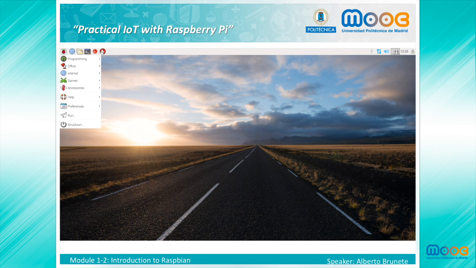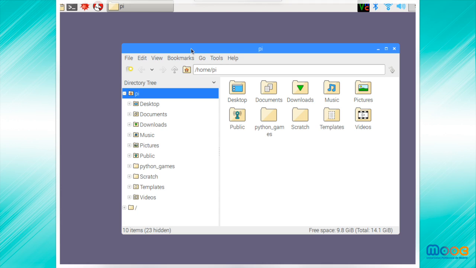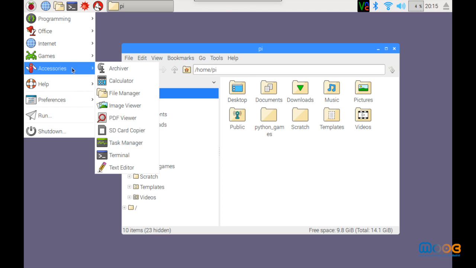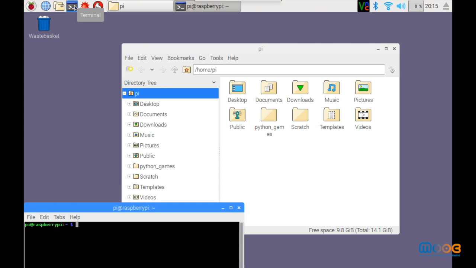When the Raspberry boots up, a desktop environment is loaded by default. This is the GUI, Graphical User Interface. We can work with windows and files as we do in Windows OS, Mac OS, or other Linux-based operating systems. As in OS X or Windows, there are typically two main ways to execute applications in Linux: through the Graphical User Interface, GUI, and through the command line, known in Linux as the console or the terminal.